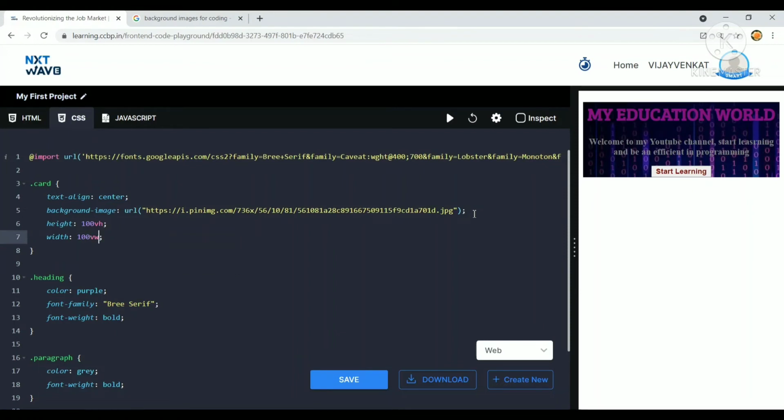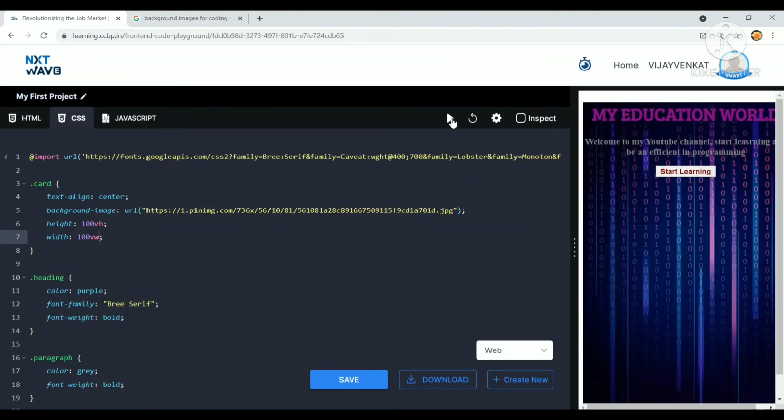Here vw means viewport width. This specifies that our image should fit the width of the screen. So when I run the code, the image appears as full.